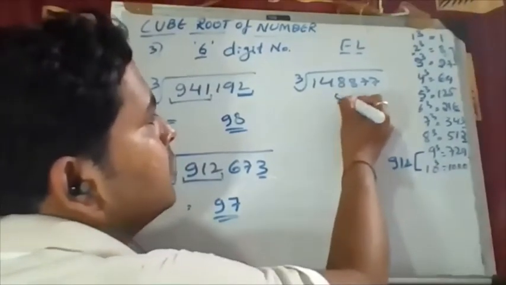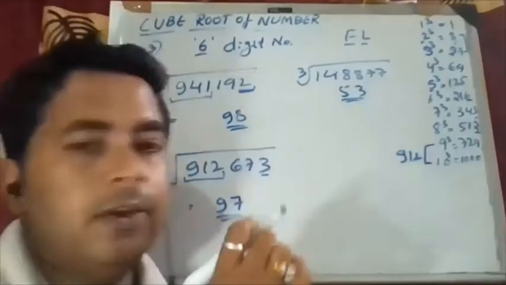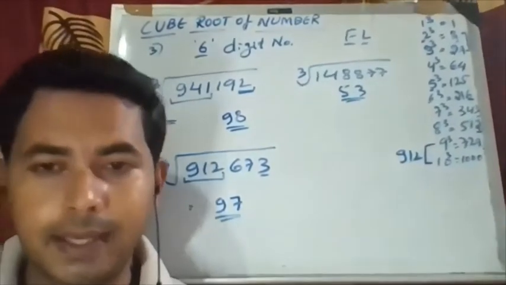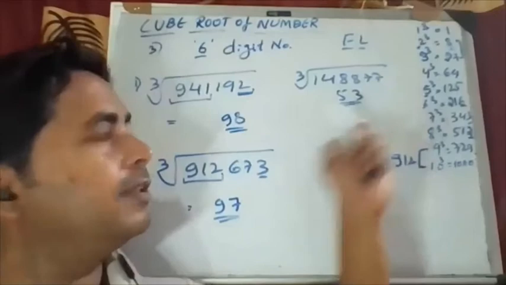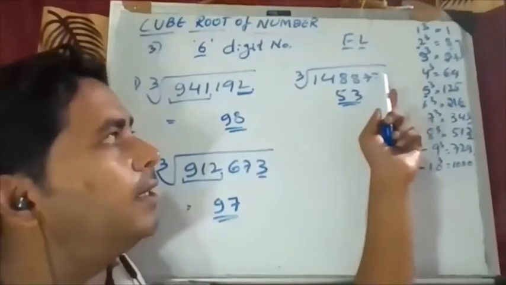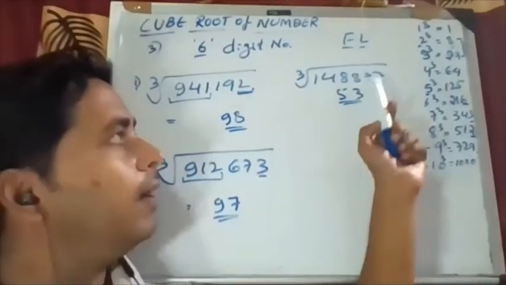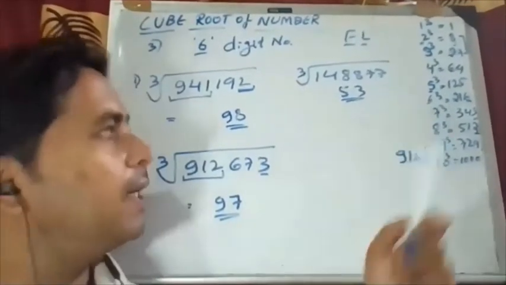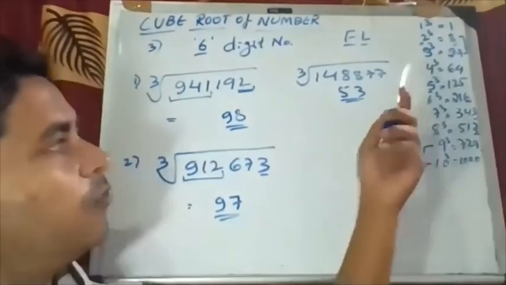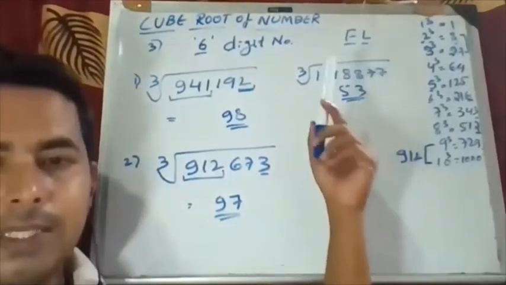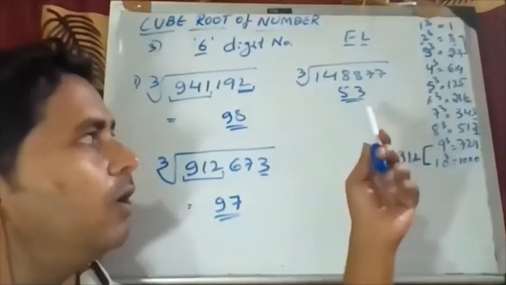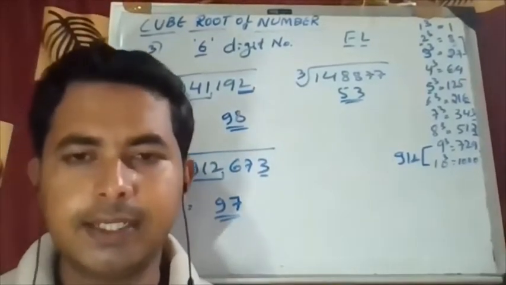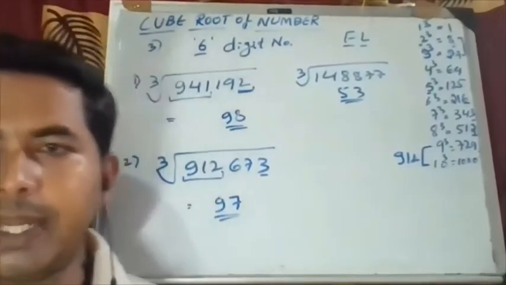Don't get confused, just understand one thing. If 7 comes here, then 3 comes in the answer. If 3 comes here, then 7 comes in the answer. If 2 comes here, then 8 comes in the answer. If you get 8 here, you'll get 2 as the answer. So just these change, but the rest of the numbers are the same. If you get 4 here, you'll get 4 only. 6 gives 6, 5 gives 5, 0 gives 0. But you only have to remember for 2 and 8, 3 and 7. They interchange.